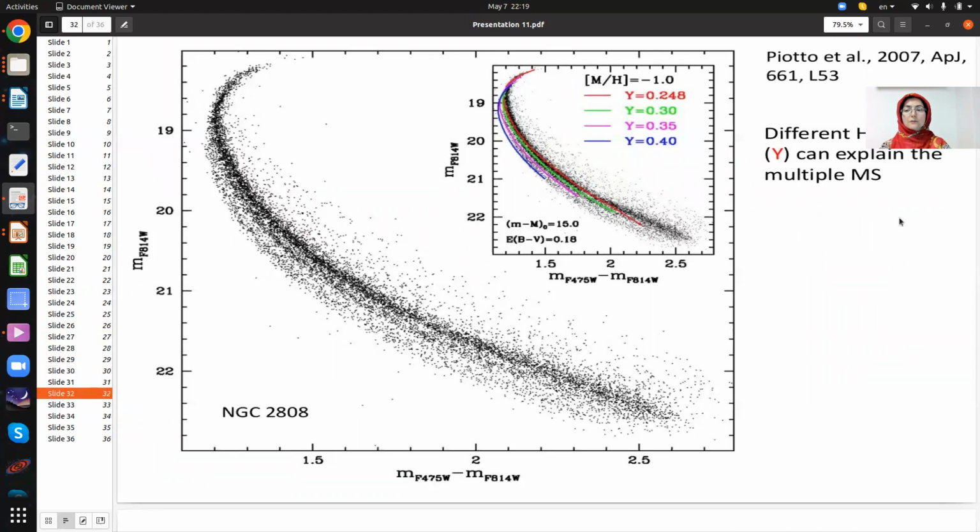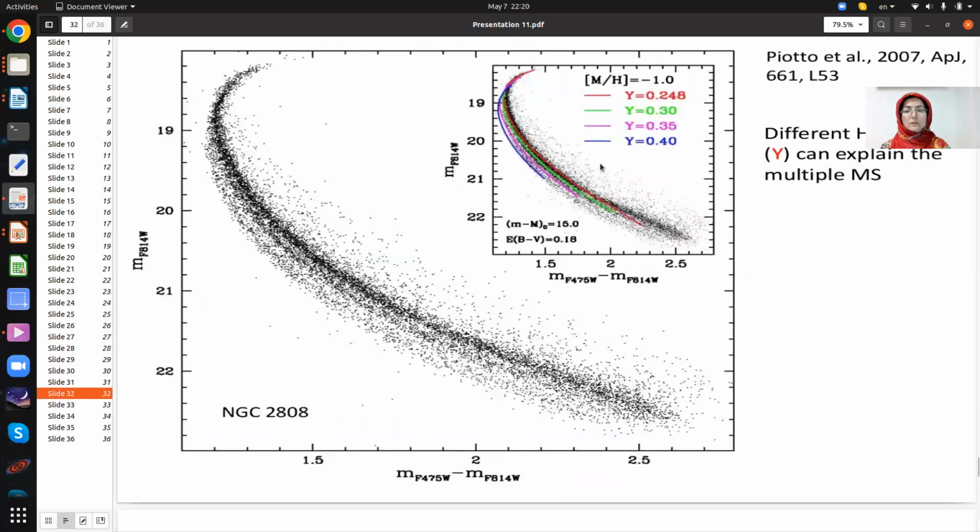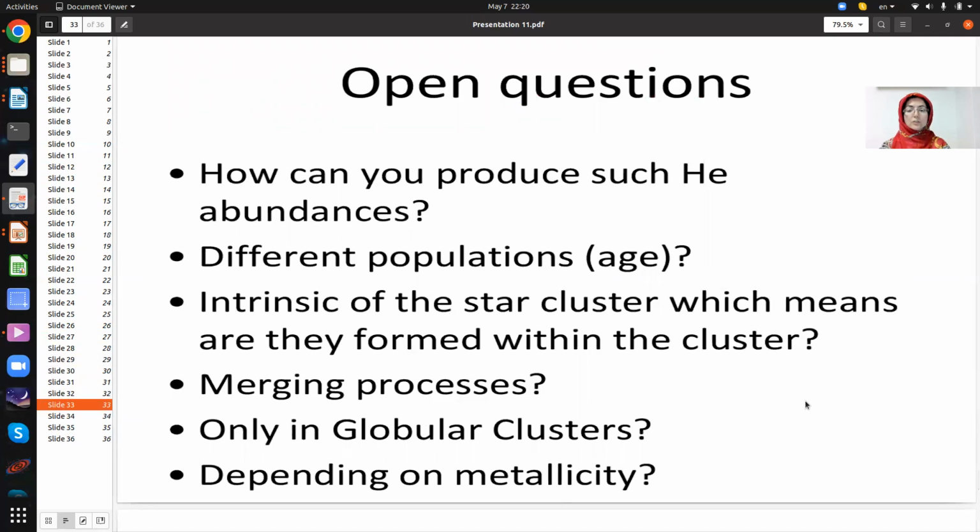Here you see the different helium content, or Y, can explain the multiple main sequences. As you see here, different isochrones give different main sequences. There are some open questions, like how can we produce such helium abundances? For example, here we have different helium. So if we take a part of these diagrams, we see different ranges of stars have different helium and different populations or ages intrinsic to the star clusters, which means